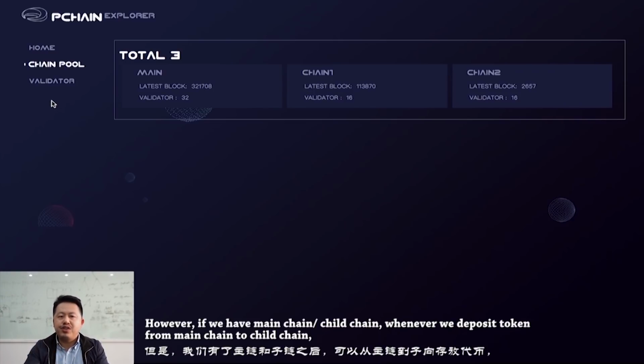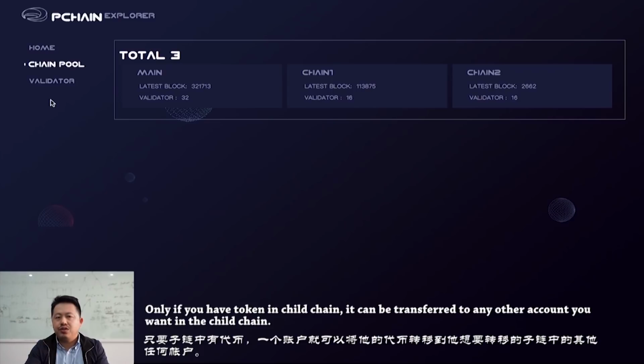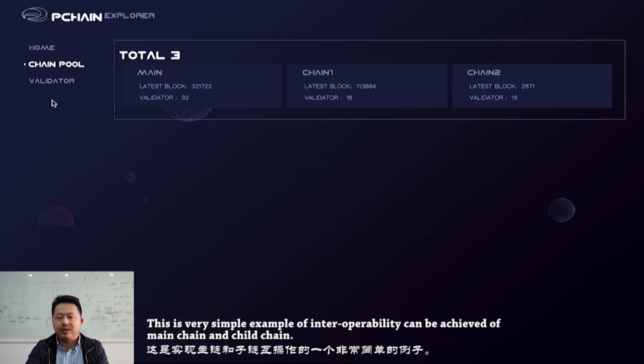However, if we have a main chain and child chain, whenever we deposit a token from the main chain to the child chain, if you have a token in the child chain, it can be transferred to any other account you want in the child chain. This is a very simple example of how interoperability can be achieved between the main chain and child chain.